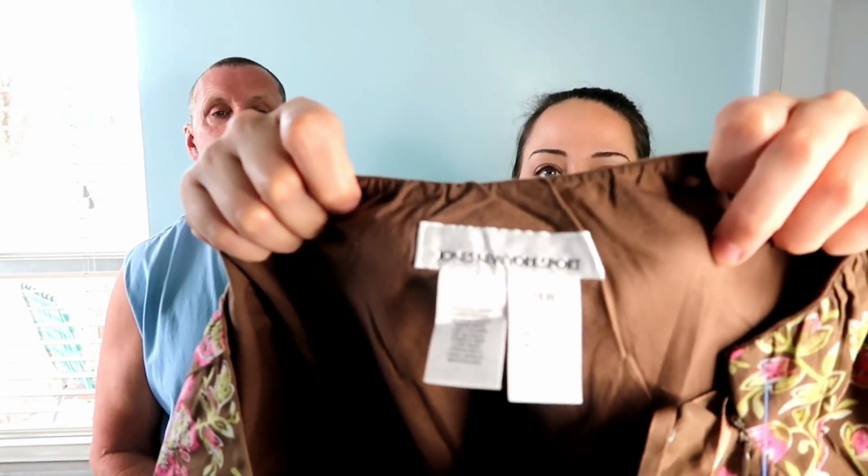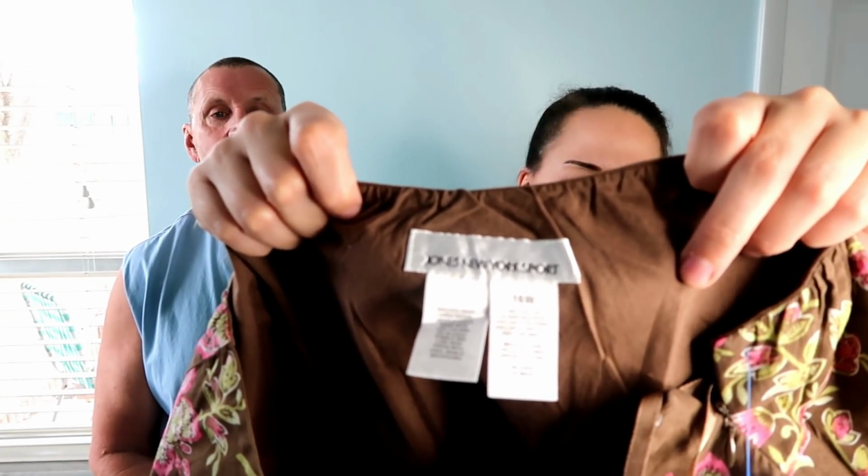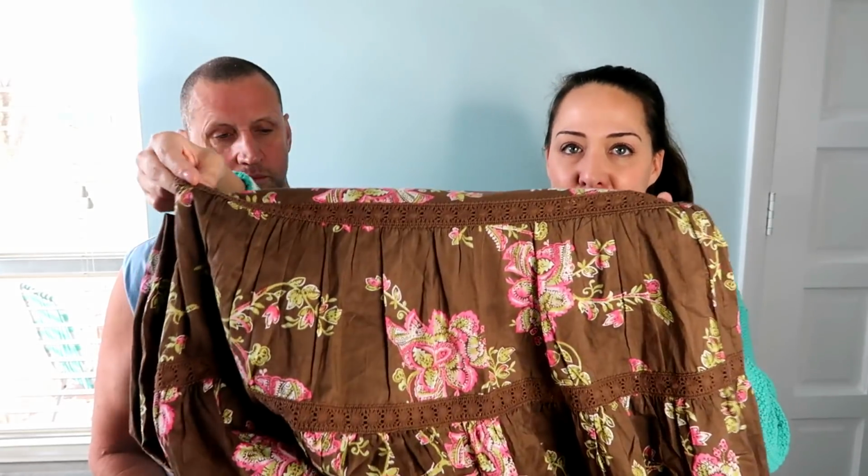Yet another skirt. This one also has a partial elastic waist. And I always put that the back has elastic and the front is flat, because people like a flat front, so there's no bunching around their midsection. So Jones of New York knew to do that. It's a plus size, a 16W. It's brown, and I really liked the green and white and pink. Has some crochet trim,